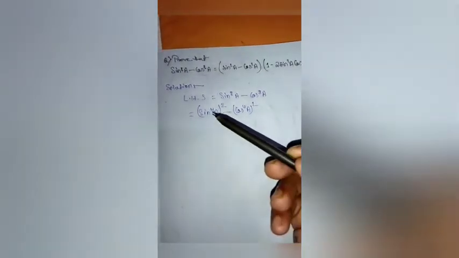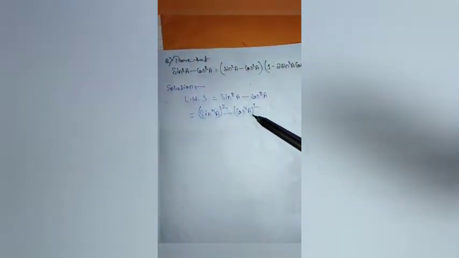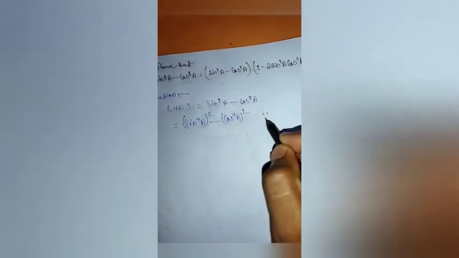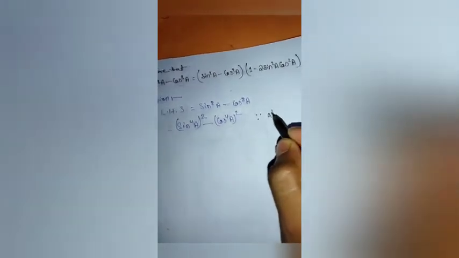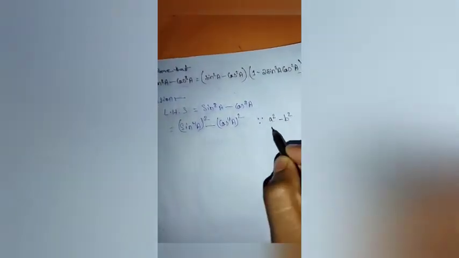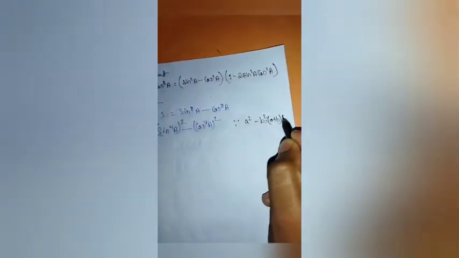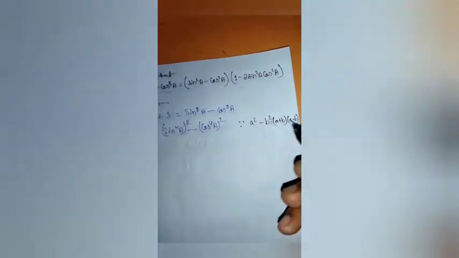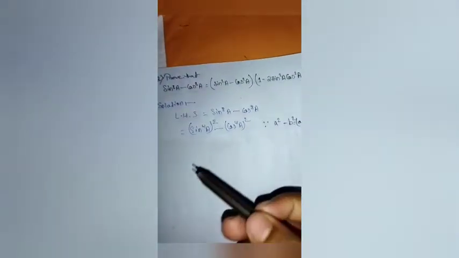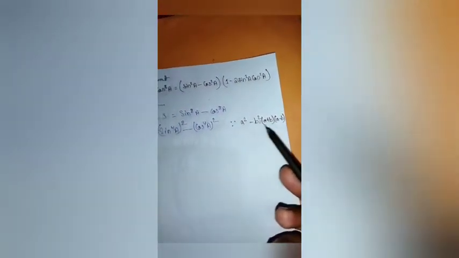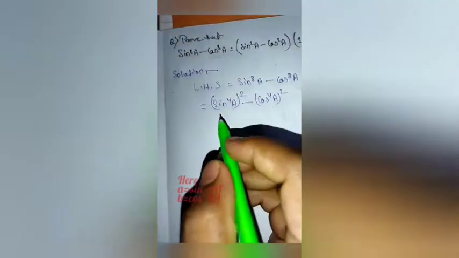Now just carefully look at this equation. We can find that it's making a formula. Which formula? It's a square minus b square. Isn't that? It's making a formula. Let's recall it. A square minus b square, which is equal to a plus b into a minus b. We all know that it's a basic one. So we're gonna break this equation according to this formula. So let's do it.